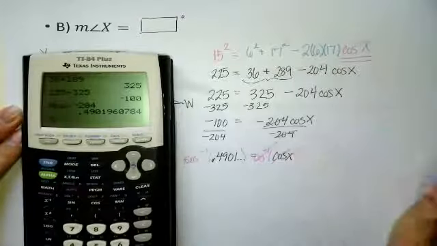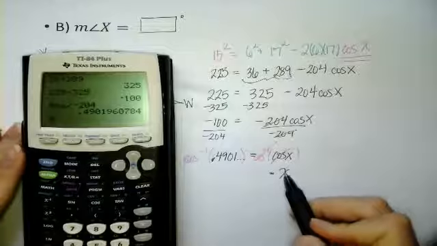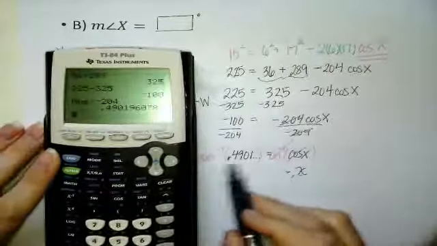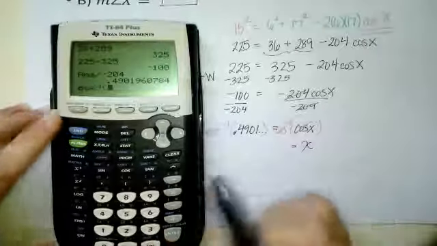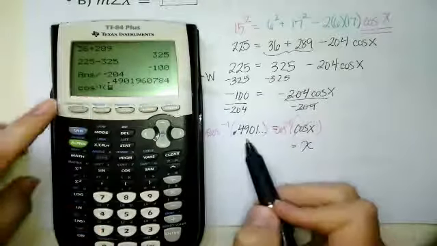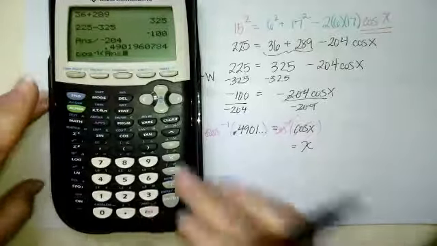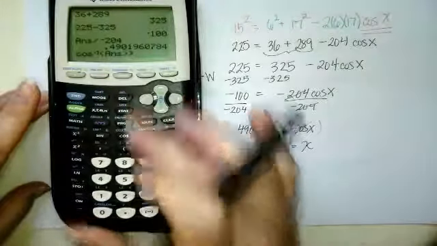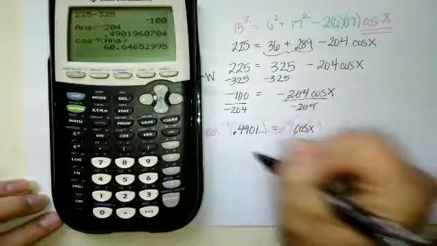Cosine inverse and cosine cancel one another out, and we get the angle isolated by itself. And then on my calculator, I need to do my inverse function. So do cosine inverse of my answer. So again, I'm using that answer button. So second answer. And then I don't have to type craziness. You just get to use your calculator and have it do it for you. So we get